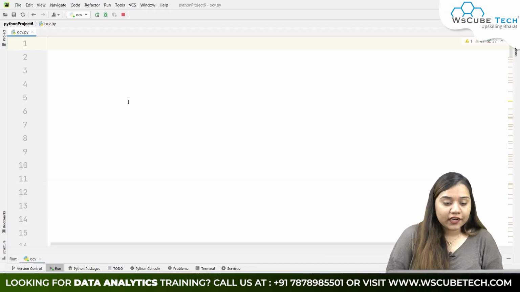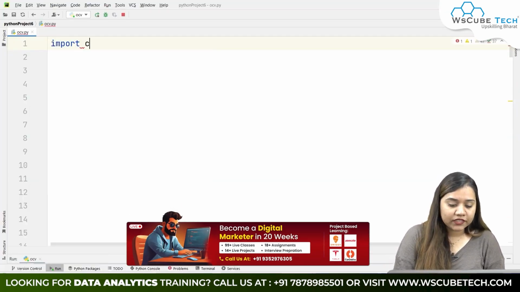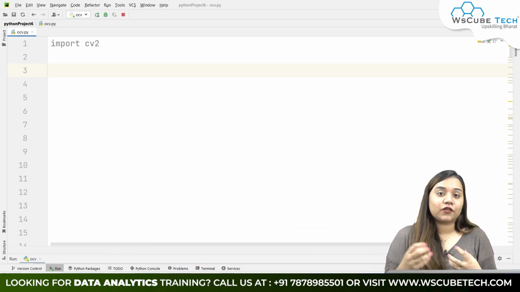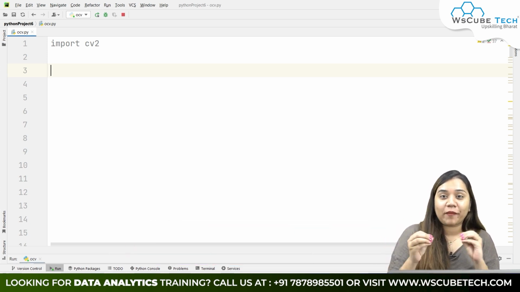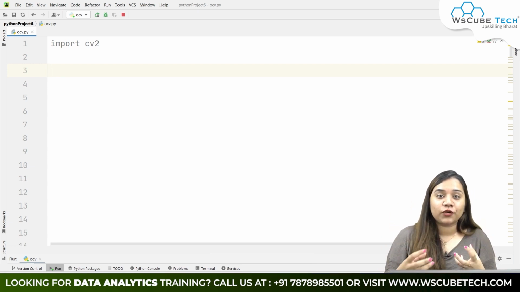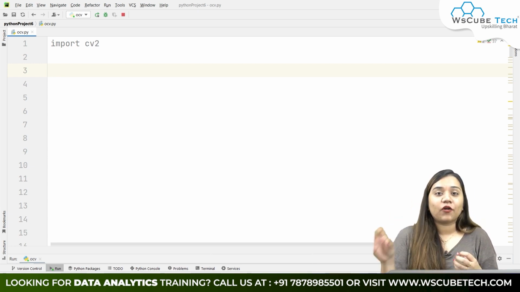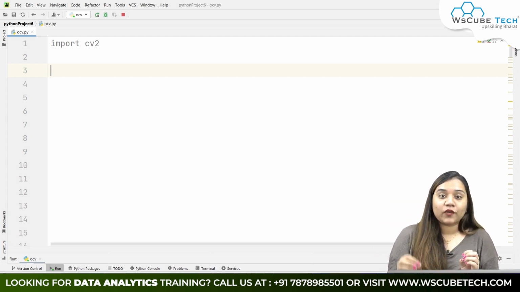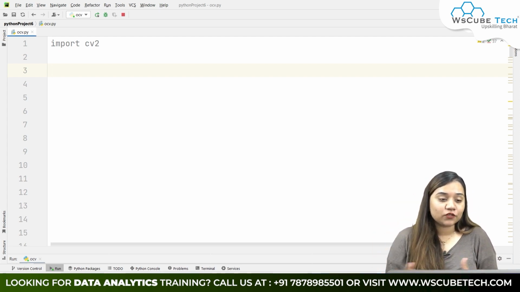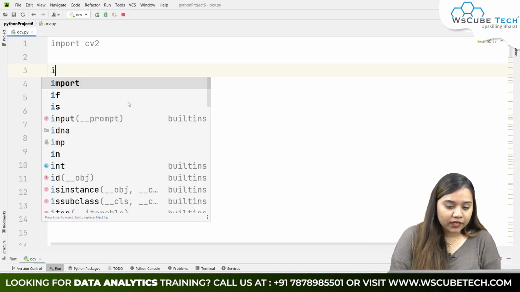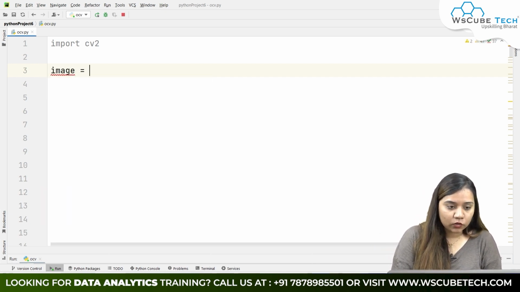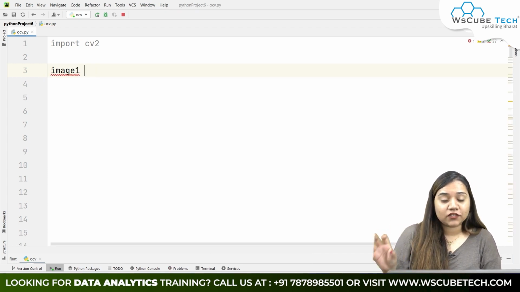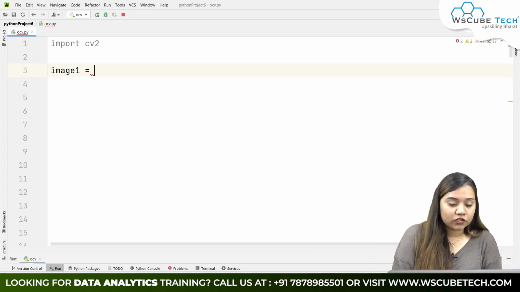So guys, to concatenate two images over here, we will import CV2. You have seen this before in our applications or editors: if you want to add two images, if you want to create a collage of images, you basically join two images, maybe in a horizontal way or in a vertical way. The same thing we are going to do over here, that we are going to add two images in both the axes. So first of all, let's get two images here. We'll be using two images basically. You can add as many images as you want, and we will be using two images here.